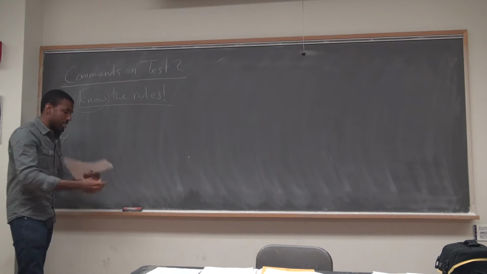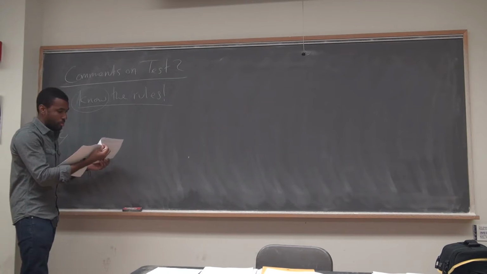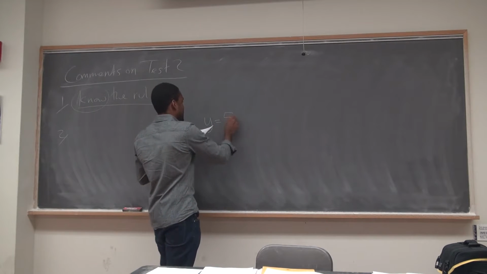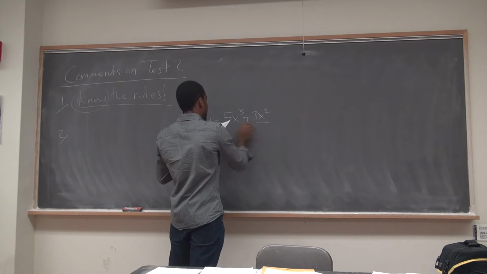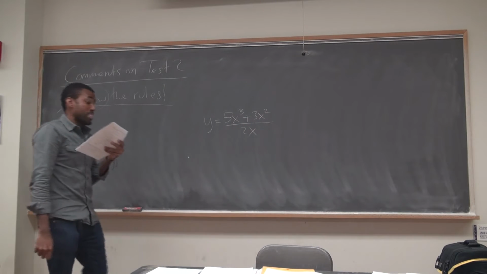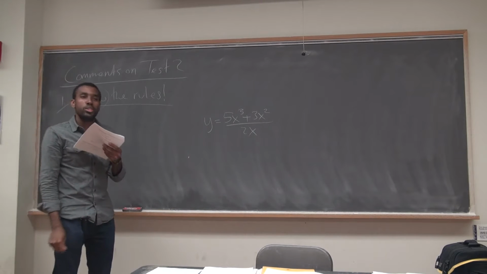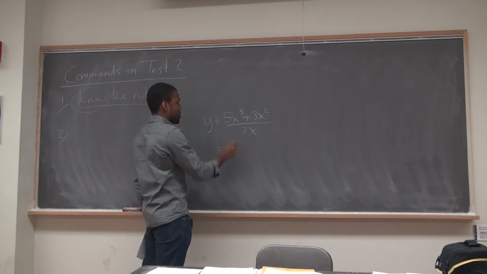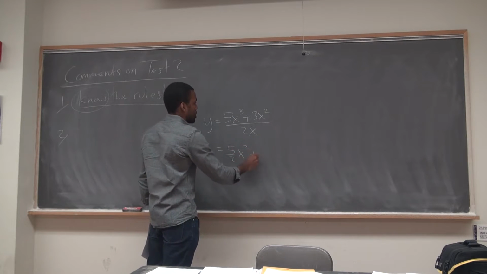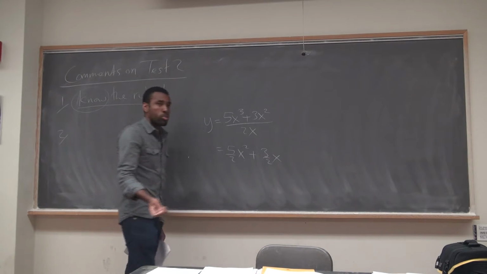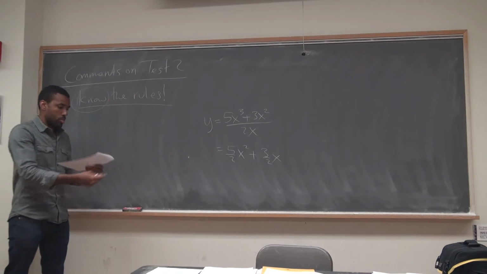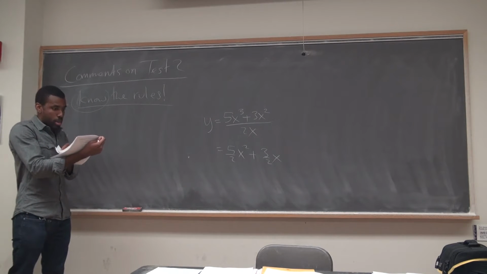Some people go overboard with the rules. I didn't mention that in class, but there was this problem. Remember that one? Pretty much everyone did the quotient rule here. Why would you do the quotient rule? Just simplify. That's 5 over 2x squared plus 3 over 2x. It's a power rule problem, right? Remember, the first thing you're going to want to look for is to try and simplify things. So pretty much everyone tried to do the quotient rule there, and most people did the quotient rule incorrectly.